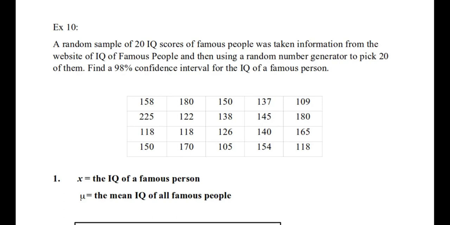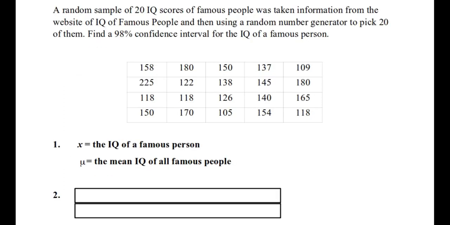And we're going to use that relatively small amount of information, assume it really was randomly selected, to do this. So one of the first things we have to remind ourselves is this was a simple random sample. She used a random number generator to choose 20 of these famous people at random. Now, we do need to talk about the standard deviation, and if you reread the question, it never says anything